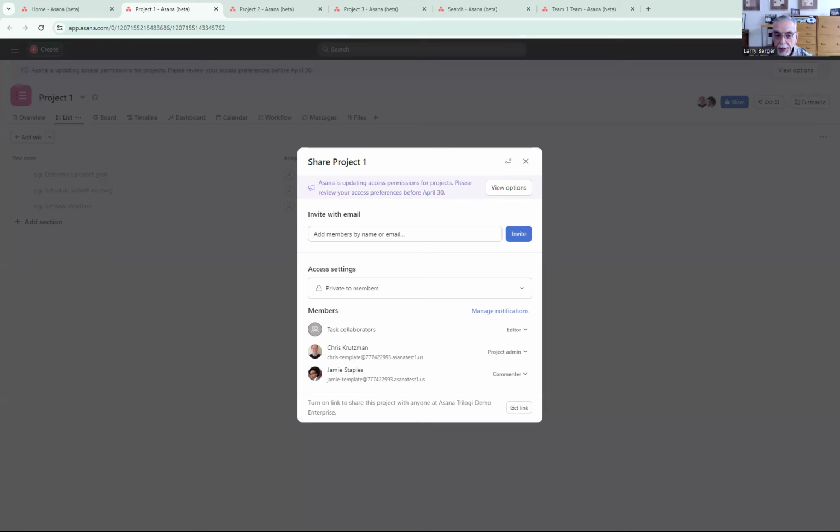So why is this important? Because Asana is making a change on April 30th that may affect you. And basically, if a project meets certain conditions, then it's affected or in conflict. And if so, then without any action on your part, on April 30th, certain project members will begin to receive a higher level of project access permissions than they've had prior to April 30th.